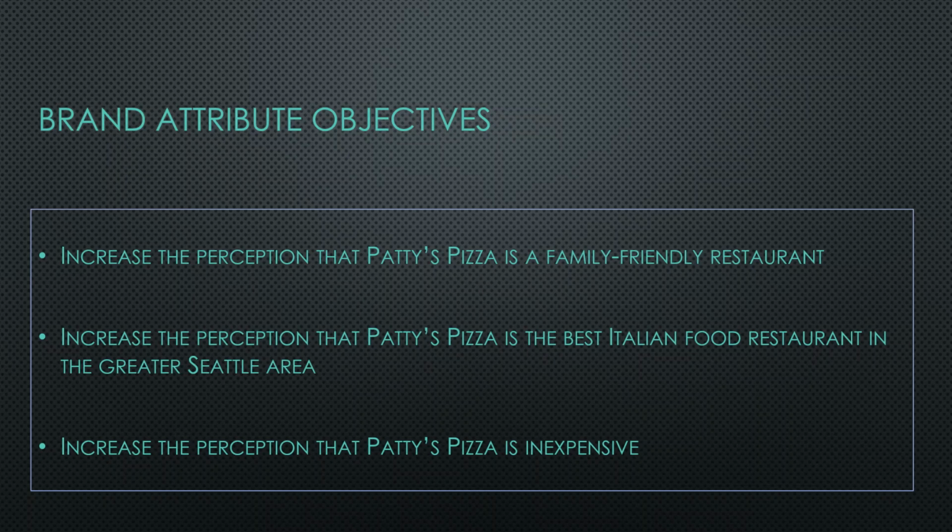We could also, instead of using that more descriptive thing, trying to figure out what is that attribute that we want people to believe about us, use this more factual example here: increase the perception that Patty's Pizza is the best Italian food restaurant in the greater Seattle area. By trying to convince people we're the best and clarifying that we're an Italian food restaurant, that could maybe help